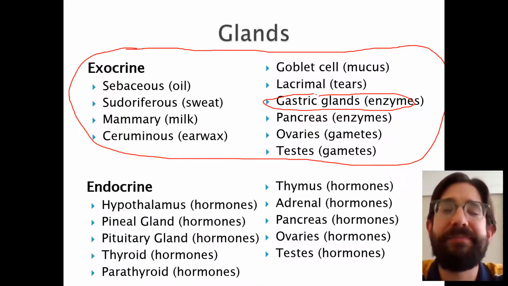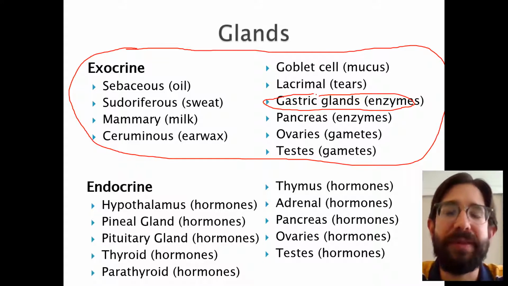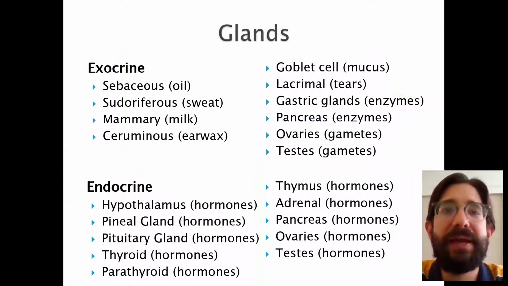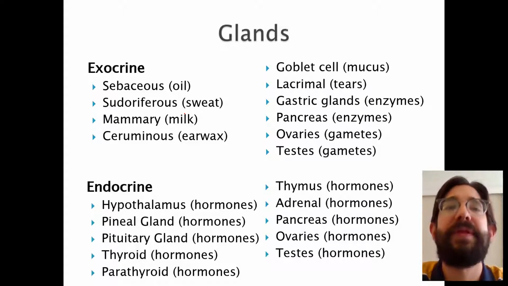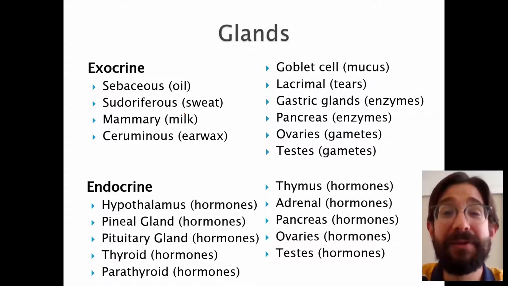The endocrine glands, you'll never see these hormones. They're just going to go into the blood, move throughout your body, and then eventually your body will break them down or you might pee them out. Some endocrine glands are the hypothalamus, pineal gland, pituitary gland, thyroid gland and parathyroid glands, thymus, adrenal glands, and pancreas,